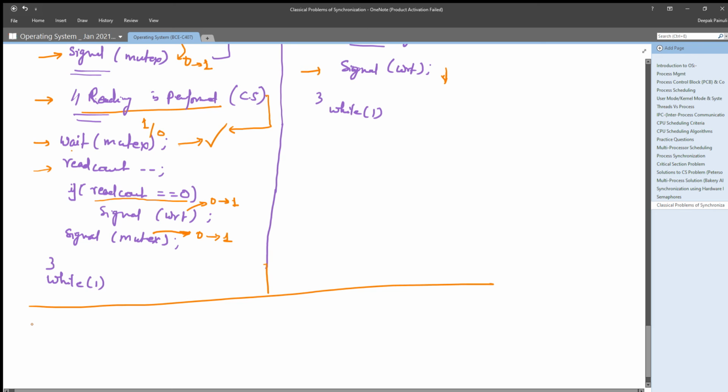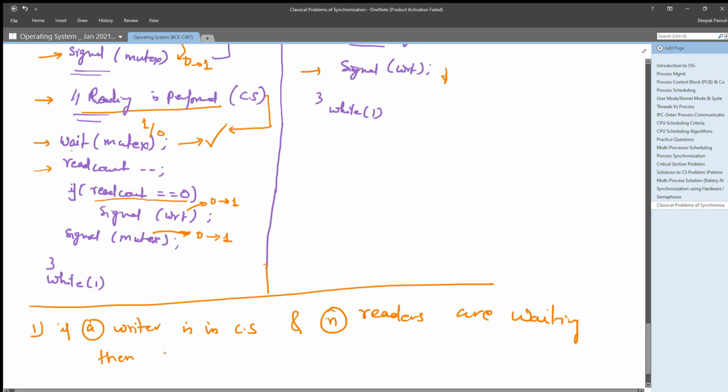How? Let us understand. If a writer is in the critical section and n readers are waiting, then one reader is queued on semaphore WRT.